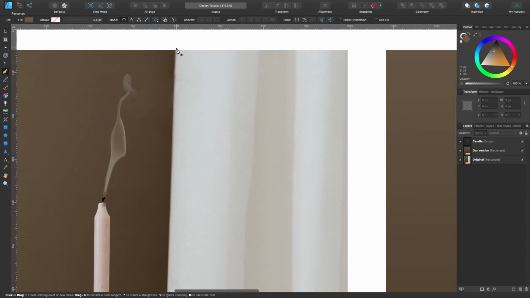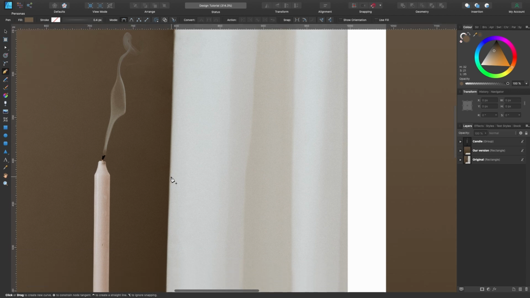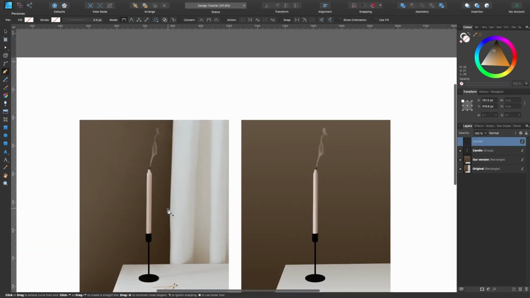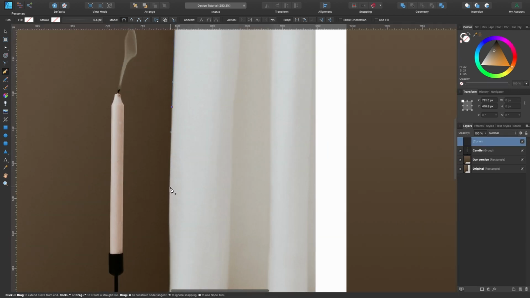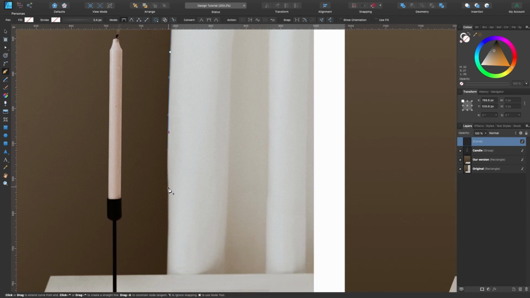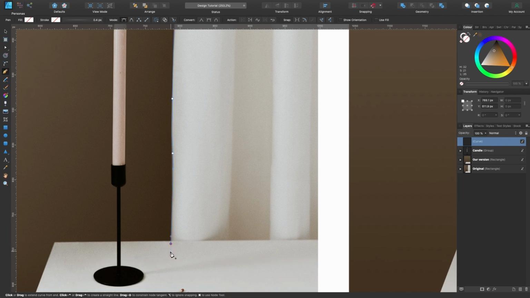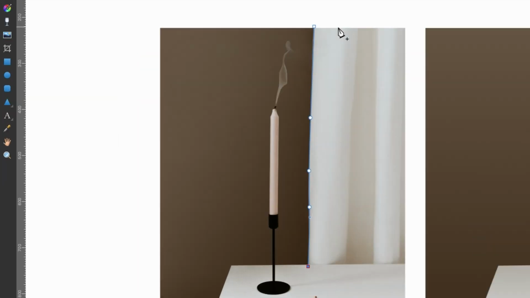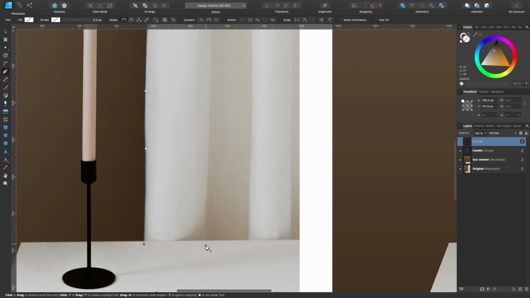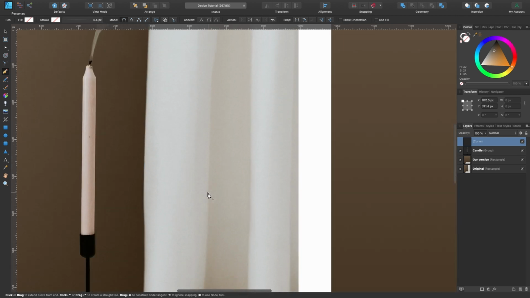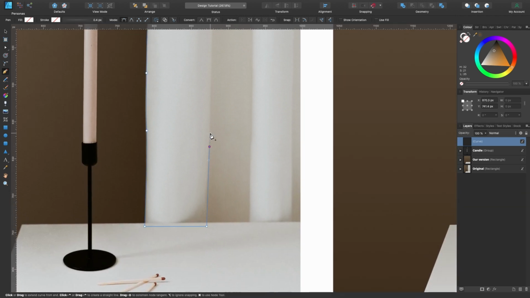I'm just going to copy from up here. Just going to copy the shape of it. Maybe I'll zoom out a little bit more. And just follow along the line here, just clicking and dragging with the pen tool until I get to the bottom. What I'm going to do, I'm going to do it in stages. So I'm going to draw out this section here, and then I'm going to draw out this section here, and then I'll do the background after that. Okay, so let's go to this section and trace along it like we were before.